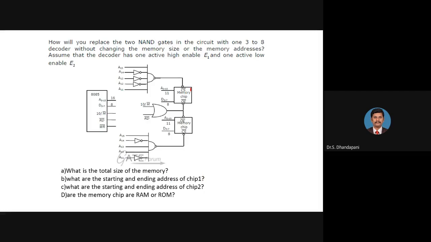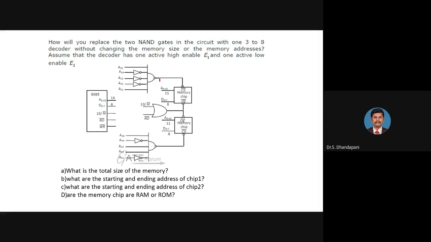So this IC is having 2 KB memory. 2 KB memory can start from any address and it can end with any address. We want to find what is the starting and ending address. The clue is we have to use the chip select line. The chip select line we have used on the NAND gate. This IC will be selected if the chip select bar equals 0. When the output of this NAND gate is 0, this chip is selected.